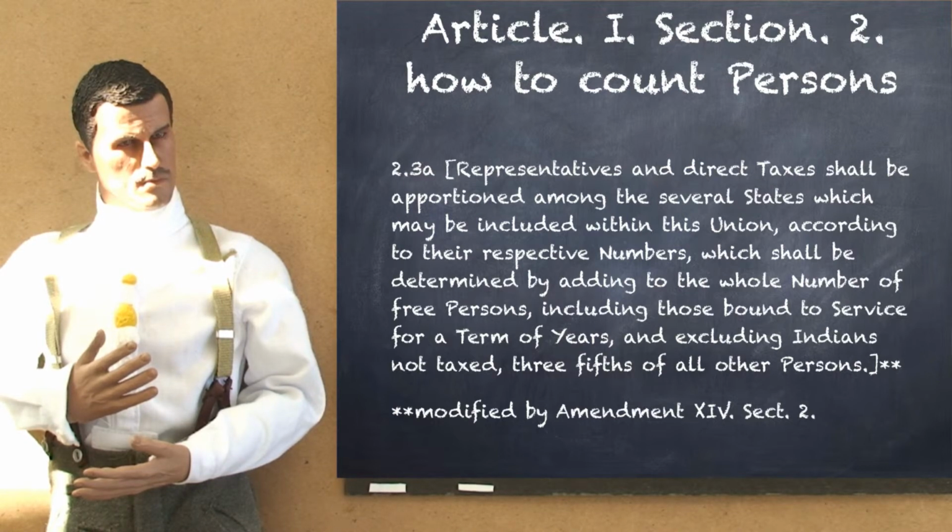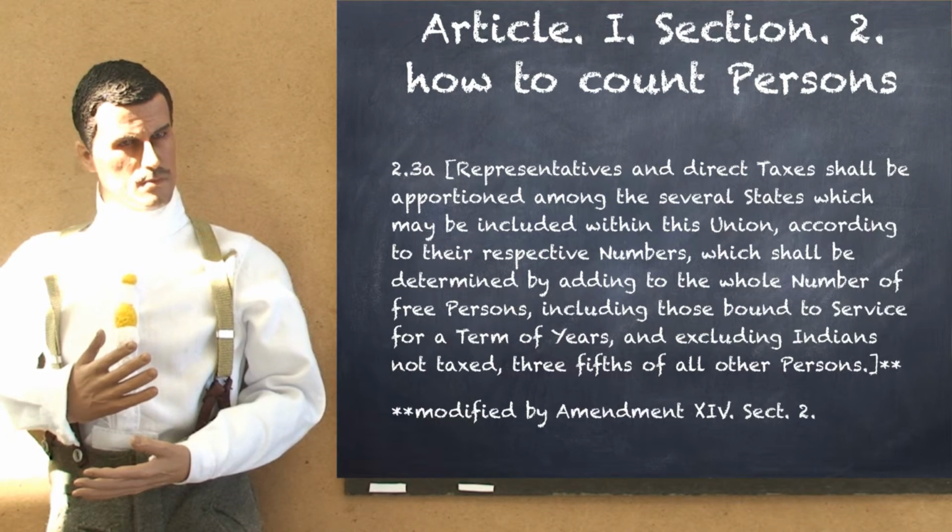So it was kind of like you were bound to work for somebody for maybe 10 years or something, because you owed a debt to them. Maybe that's how people would come to the United States. They wouldn't have any money, but someone would pay their way, and then they would owe them 10 years of service. But they excluded Indians who were not taxed,